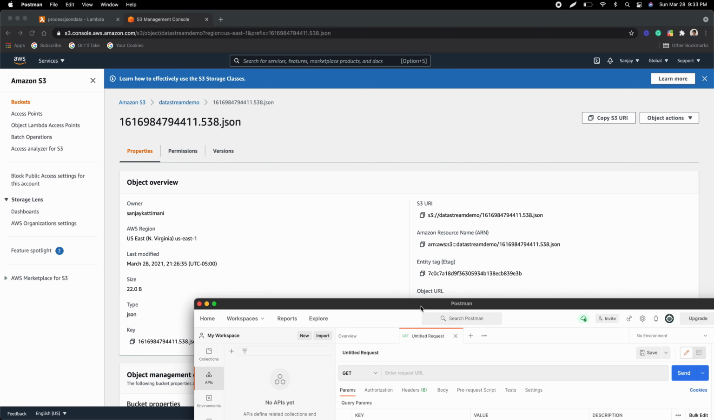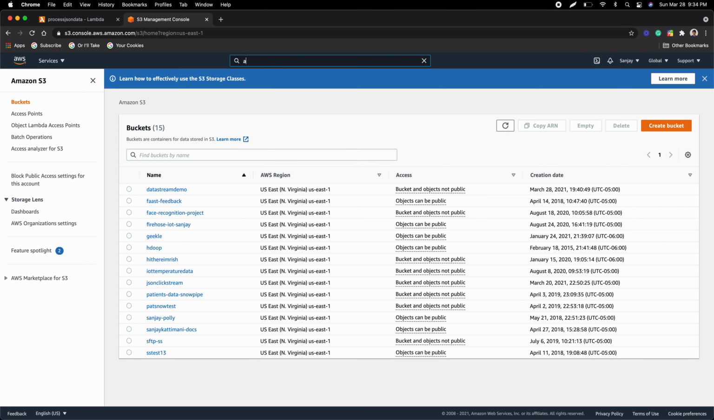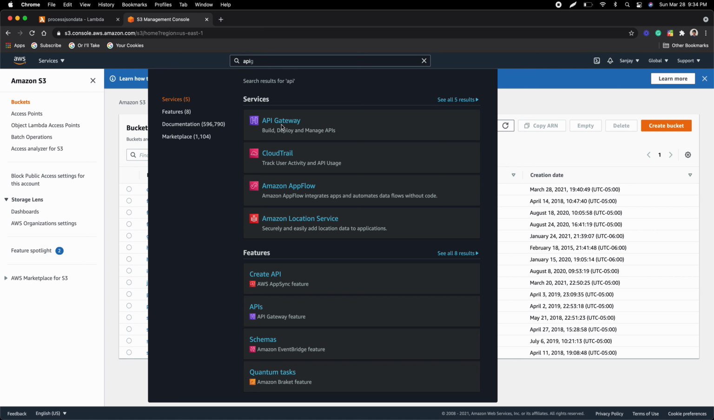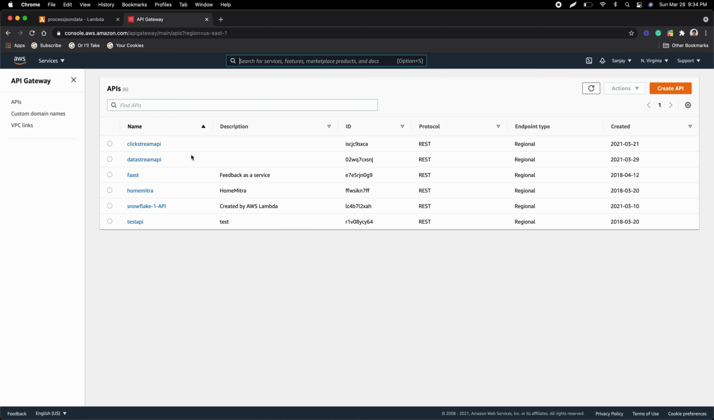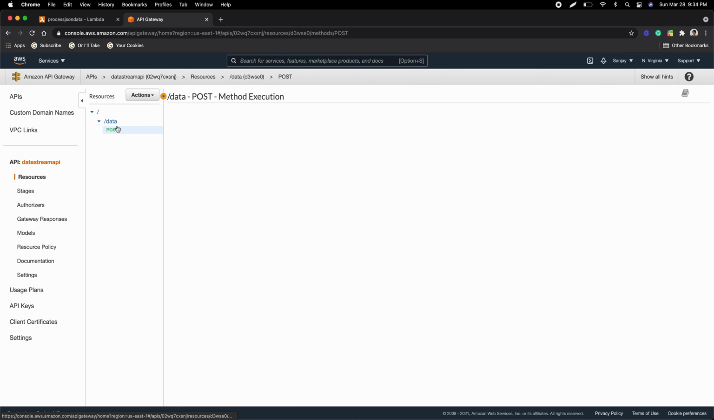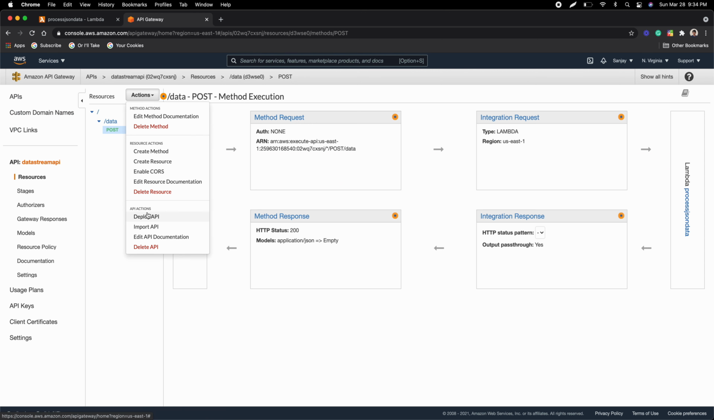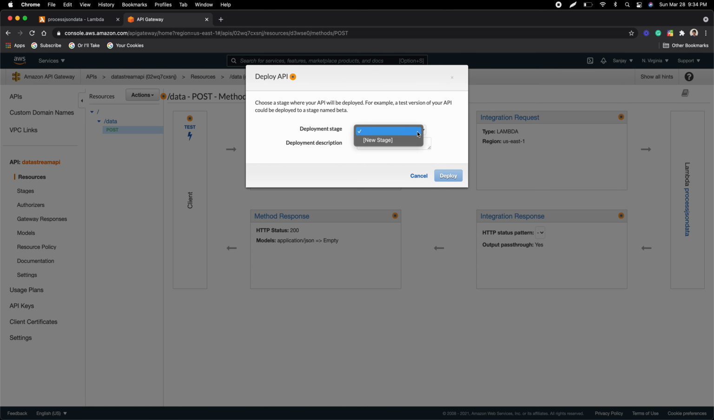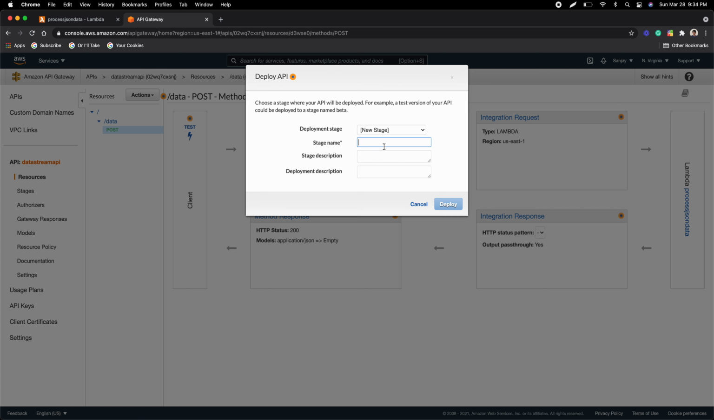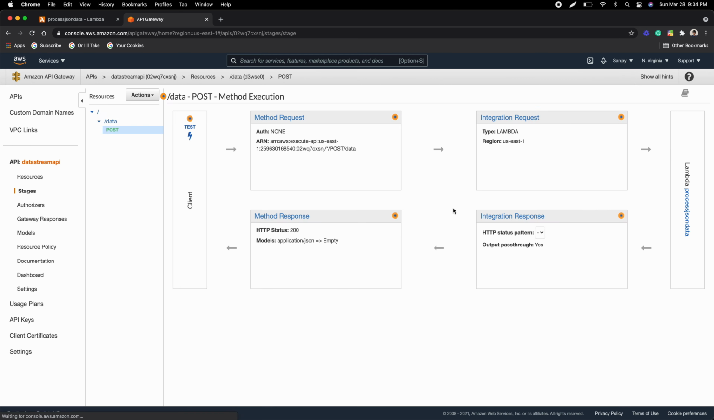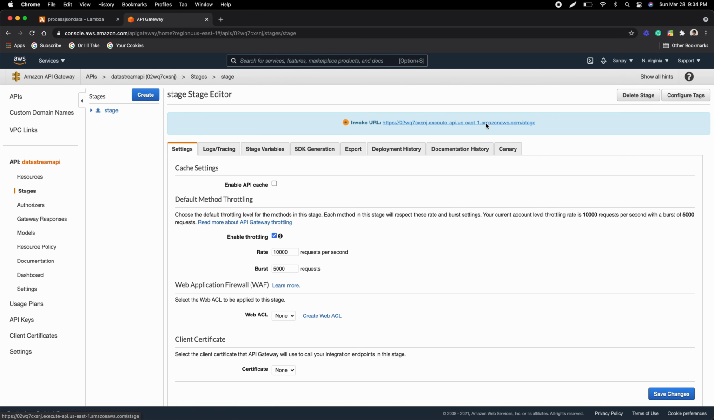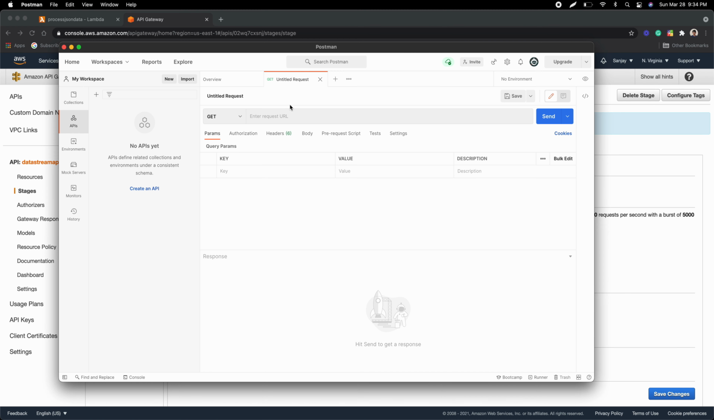Let's test this through Postman. I go to API Gateway, I need its endpoint, data stream API. I go to POST, I say deploy it, so that I get a new stage called stage. I need a public endpoint to call it, so I copy this and I paste the URL. This is a POST method,